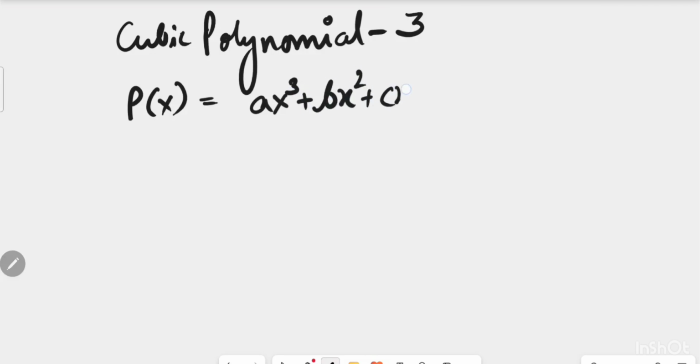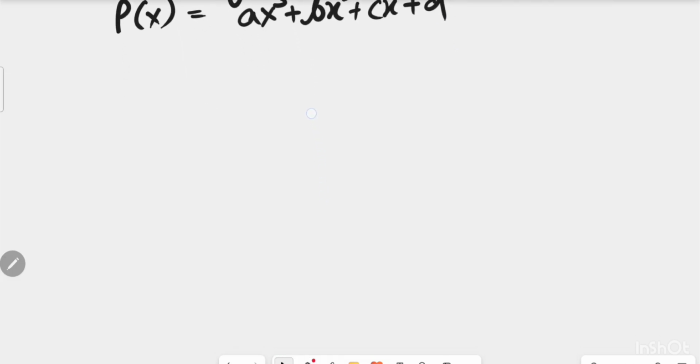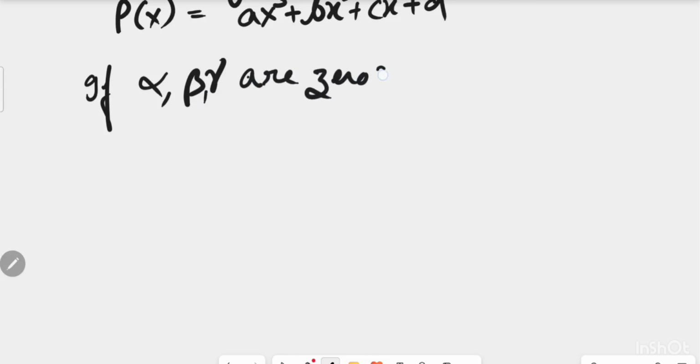Now for a cubic polynomial. For a cubic polynomial, the degree will be 3. So what will be a general polynomial? Px equals ax cube plus bx square plus cx plus d. So if alpha, beta and gamma are zeros, then the relationships will be,